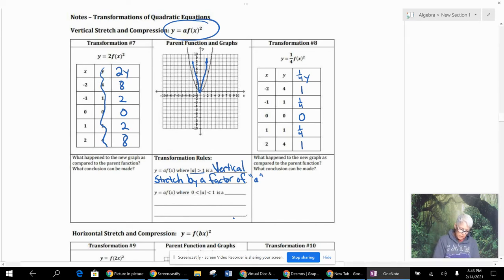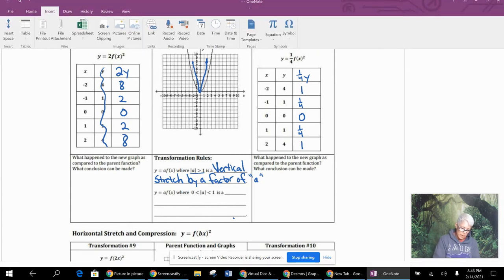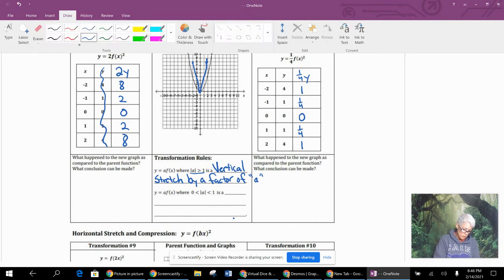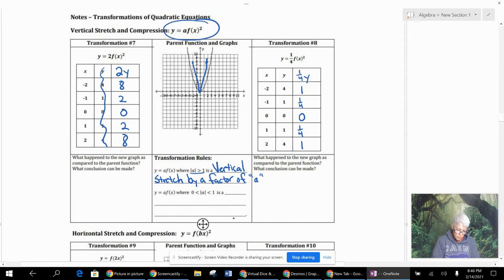And in fact, let me use a different color. I'm going to use a different color because I'm going to be cool like that. If it's going to let me use a different color, draw, red. And so this time, I don't know why it's doing that. It's going to flatten it out. It's almost like it's going to squish it down. And we call this a vertical